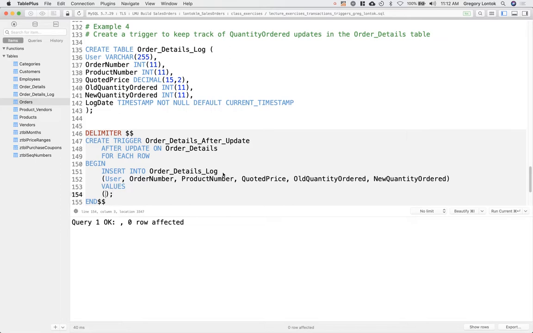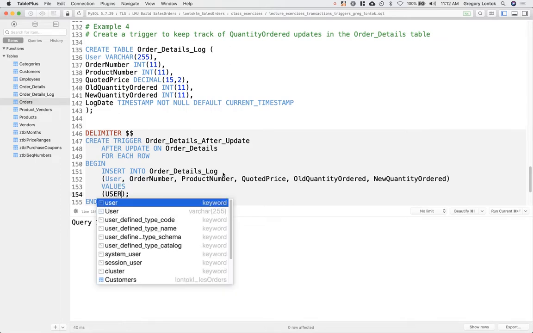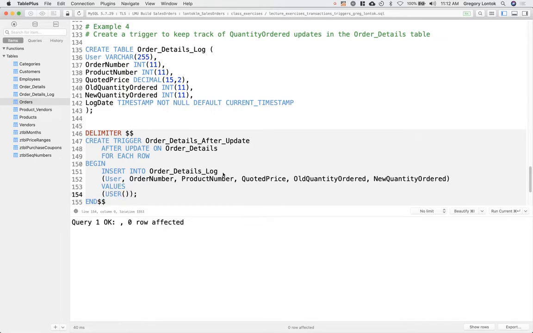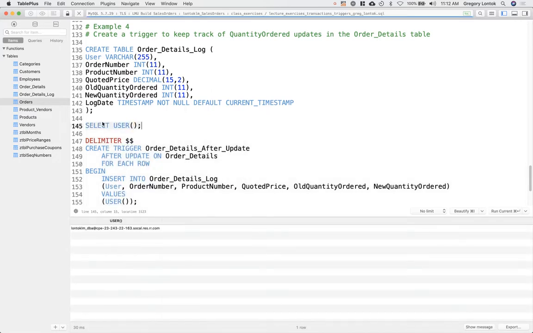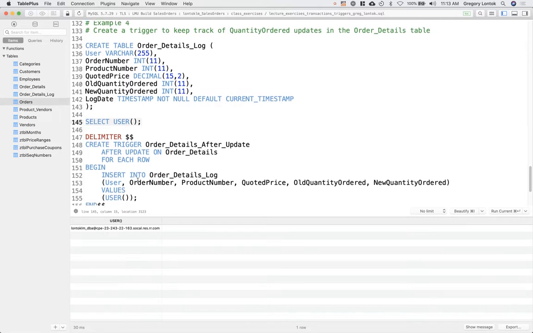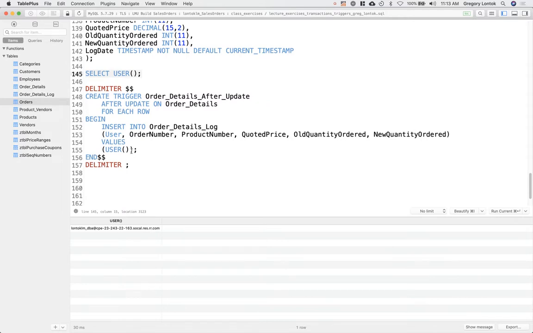Okay, so we're going to set the user to the user function. Actually, let's run that. What happens when you just run user? I'll show you what the output looks like. Okay, so it says who's the user, so it's my DBA user and where I'm connecting from. So that's also especially helpful. Okay, is this a known IP address? This is my home IP address. Okay, so insert user,